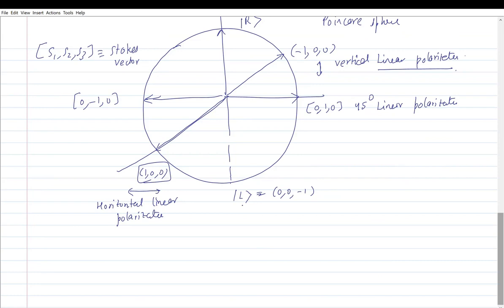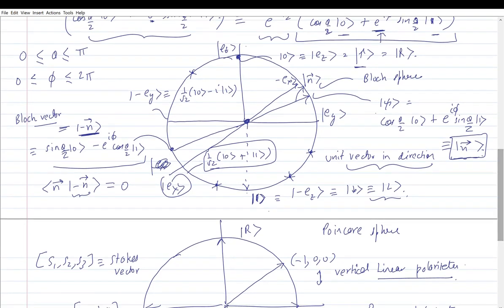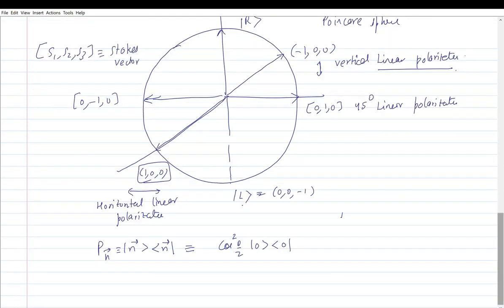Certainly, each of these directions also defines the direction of the projector. So I can have a projector in the n direction, and that's going to be essentially, if you do the math, cosine squared theta by 2. I'm just going to expand my generic state in the n direction, this guy, and I'm going to obtain, when I evaluate the outer products,